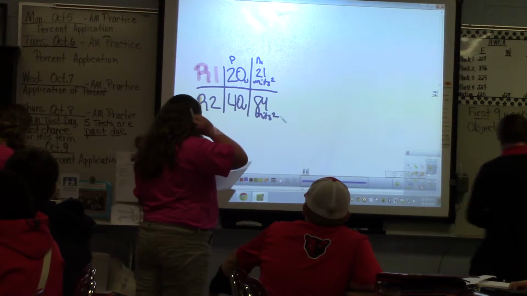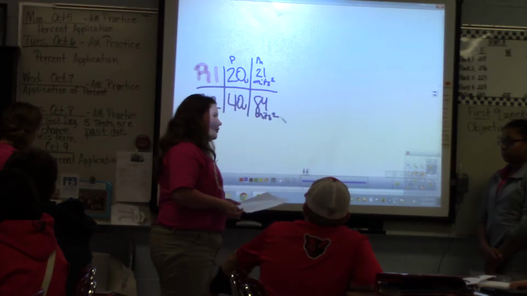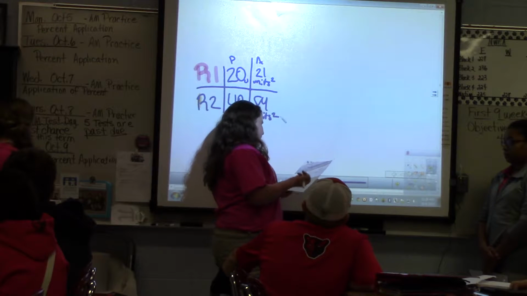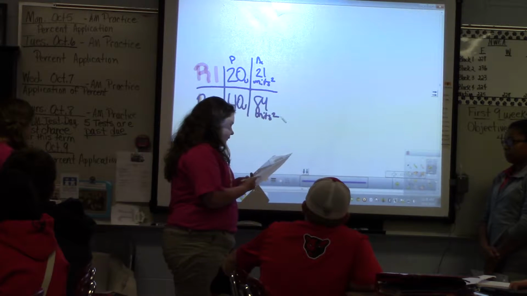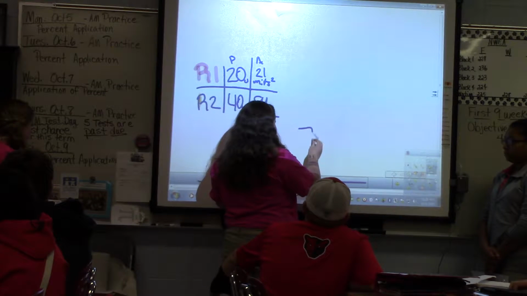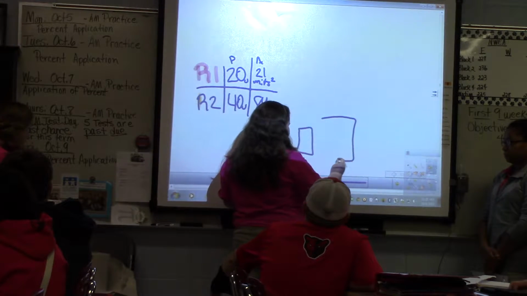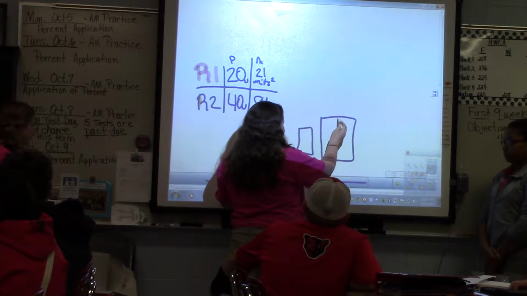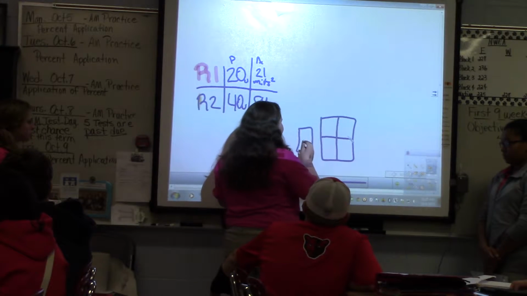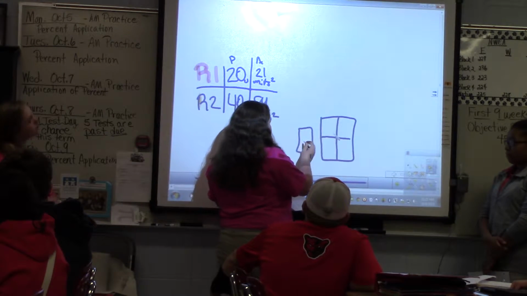And for number 6, it was asking if you could do a percent change. And so we said yes, you can, because in the first rectangle, you had the original rectangle, which is like that, and then your next rectangle is maybe that big. And like Maddie said, this can fit into that 4 times. And so we know if this was your 100%,